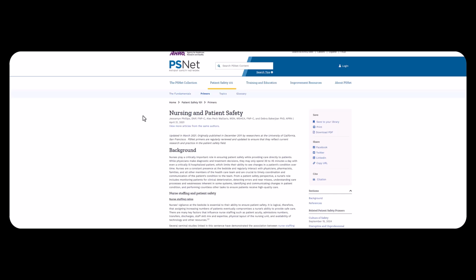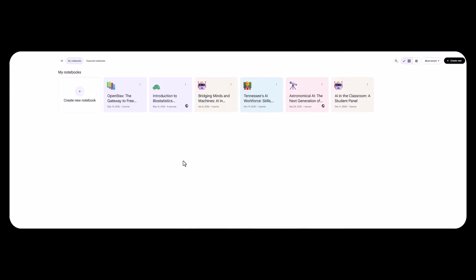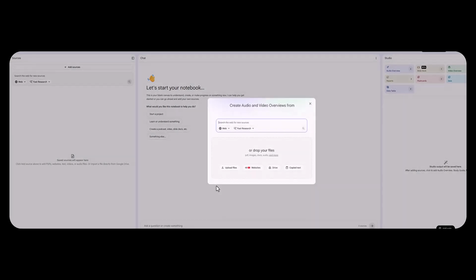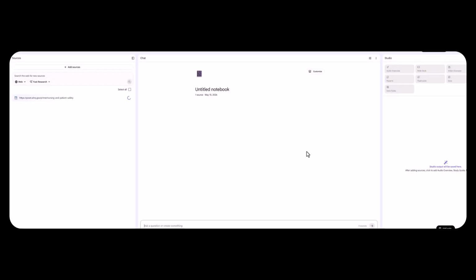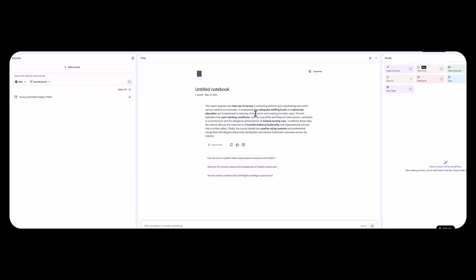So you have to have items that are public facing, or you have gone through the authentication wall or the paywall and you have either downloaded a PDF or printed it in another way that you can then add to your sources in Notebook. So I've got my URL copied. I'm going to go back to Notebook and create a new notebook. I'm going to provide this URL as the source, and you're going to see over on the left it's loading it up. It's going to give me a brief synopsis of what's on this website,